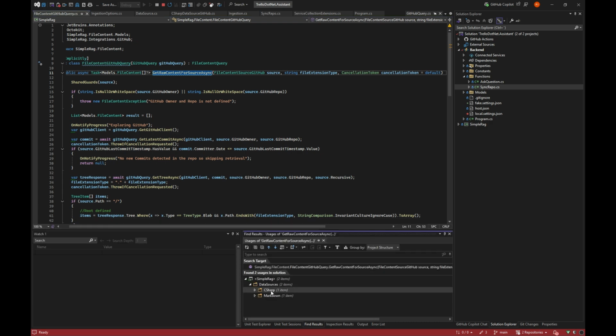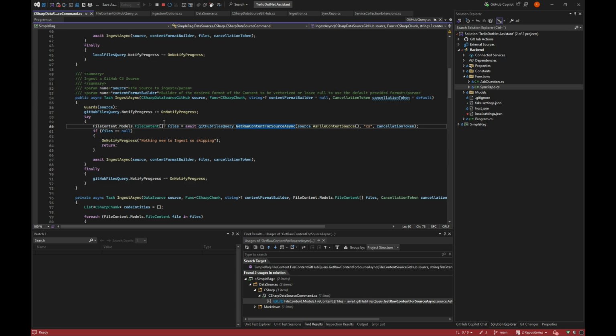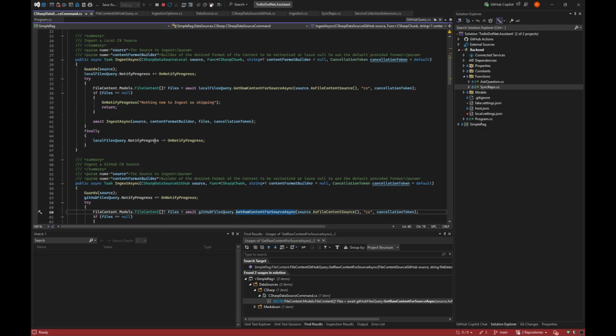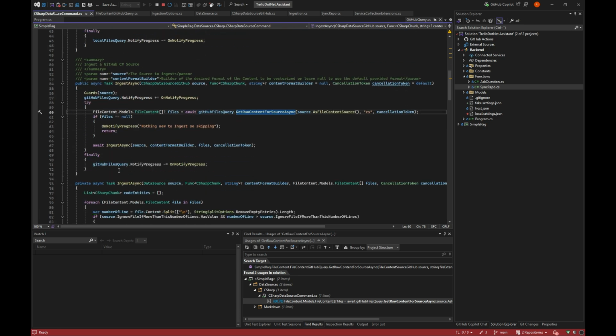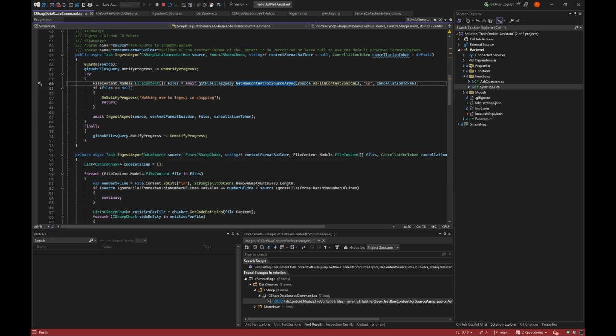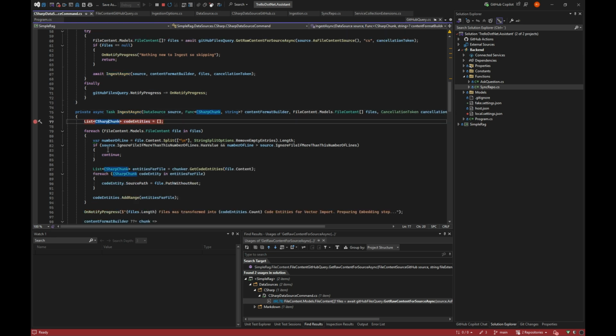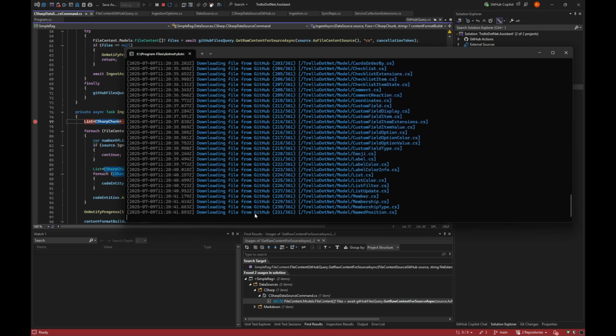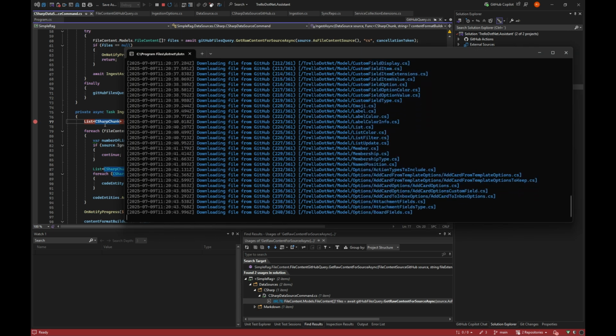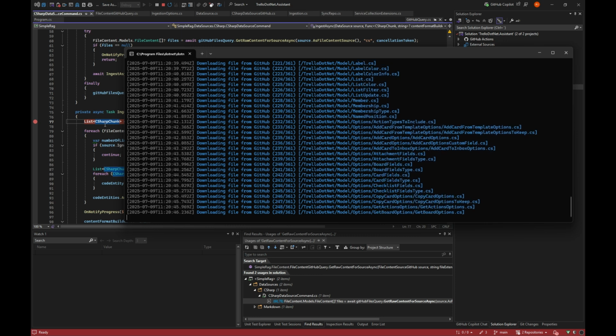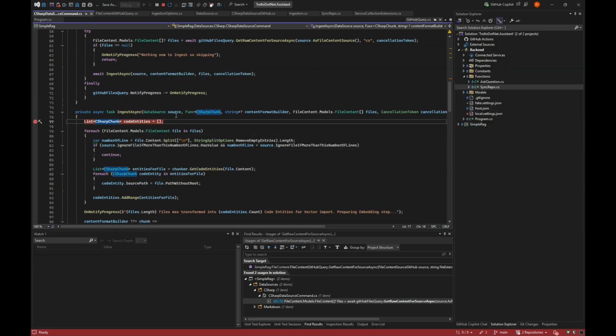So we are going back into our C# ingester here, which will hit this ingestion at some point. So again, it's working. I'm not gonna wait for that. But when we hit it, we'll begin to actually say, now we actually have all the content of the repo